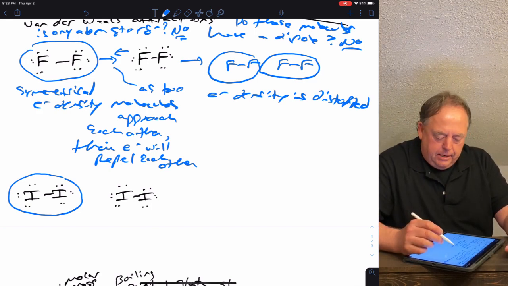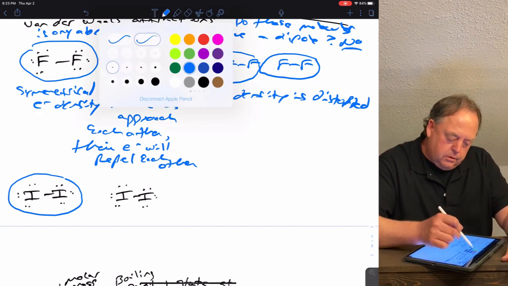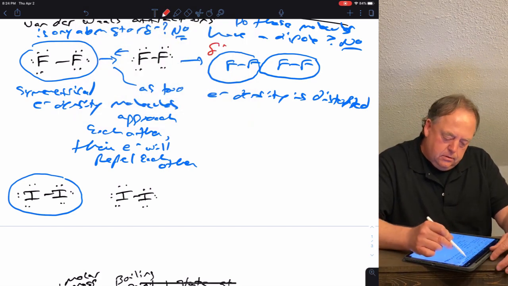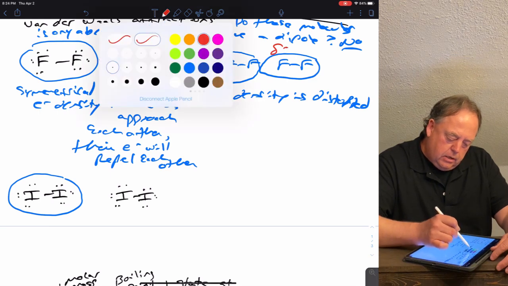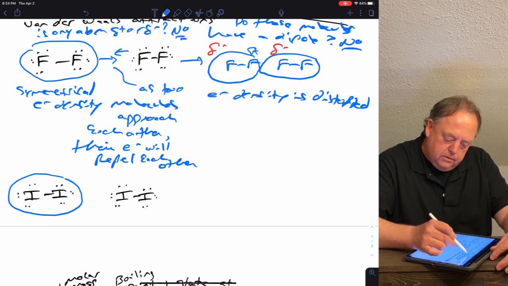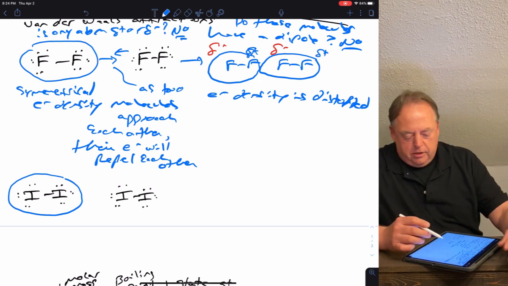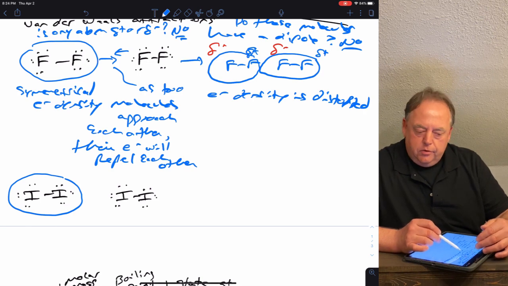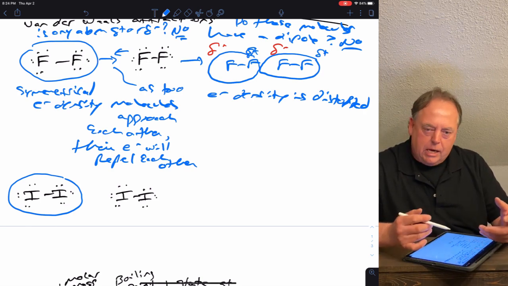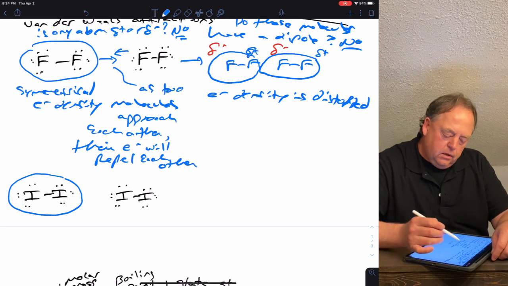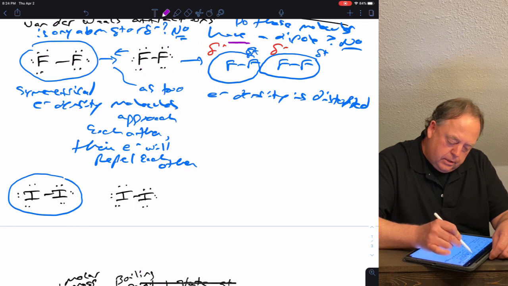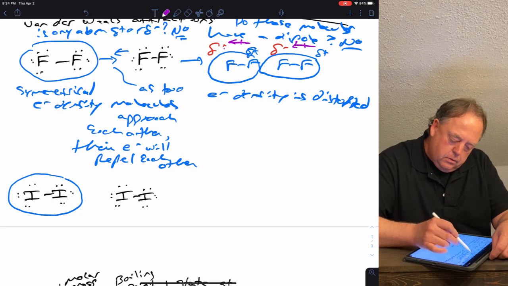And so now there are partial charges. One side of the molecule would be partial negative, the one with high electron density, and the other side of the molecule would be partial positive, because there's not much electron density on that side of the molecule. On the right side of the molecule, the nucleus of the atom is exposed, so there's positive charge density there now. And so now there is a dipole. Again, we write the dipoles from positive to negative. And so this dipole